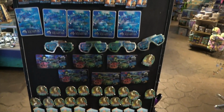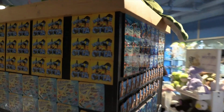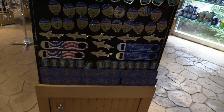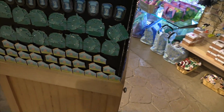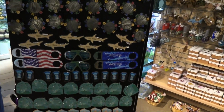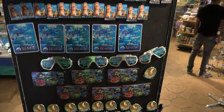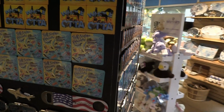Alright, so I'm gonna get a magnet since I'm not getting a hat. Usually if I don't get a hat, I'll opt to get a magnet. So I have something as a memento. Okay, so looking over all these magnets, I mentioned right at the beginning of my tour